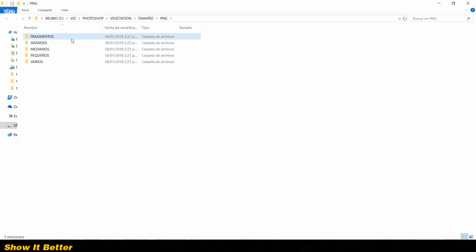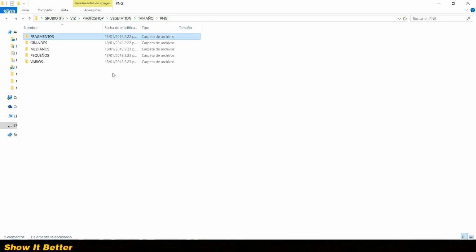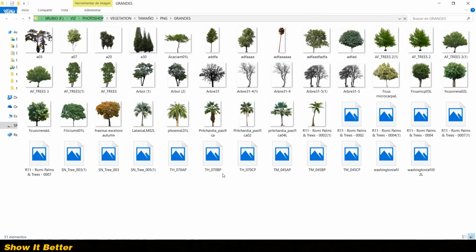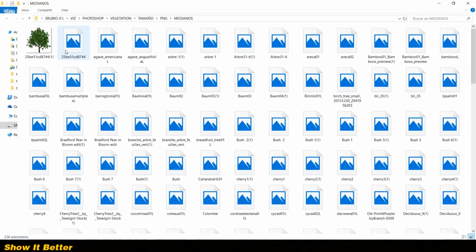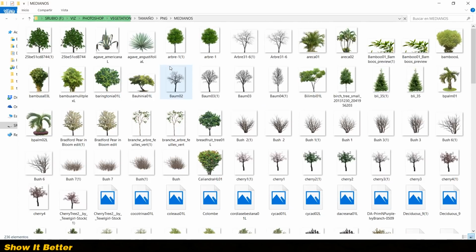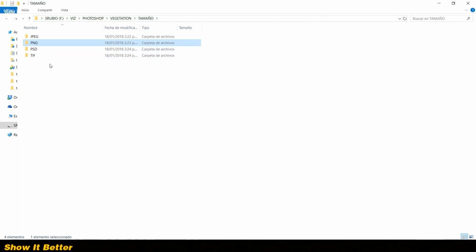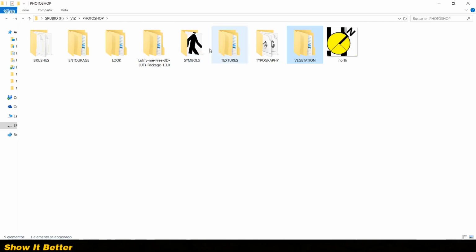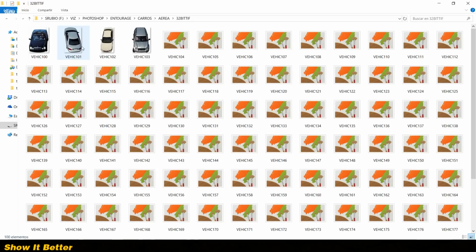And last, this is a bonus. This is not a site, but this is something I really recommend to everyone, even if you're not an architectural visualizer, or you're just a plain architecture student, it doesn't matter. But you have to keep your own library of stuff. This is of textures, of people, of trees, of 3D models, of everything. Everything you want, try to keep it in a separate hard drive, because these are things you are going to use for maybe your whole career.